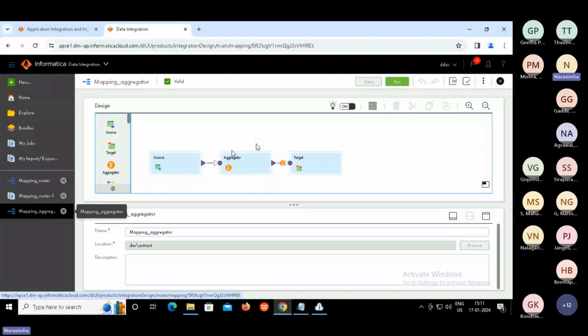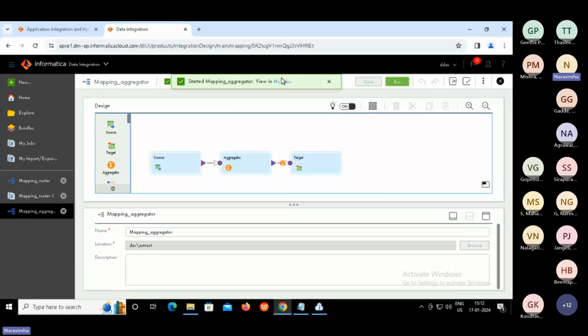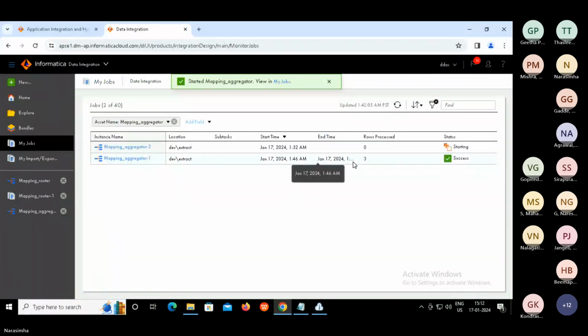So now let us rerun this. We can run it here, or we can also run it in My Jobs. I'll show that also. There is a button here, right? Restart. That also can be done.